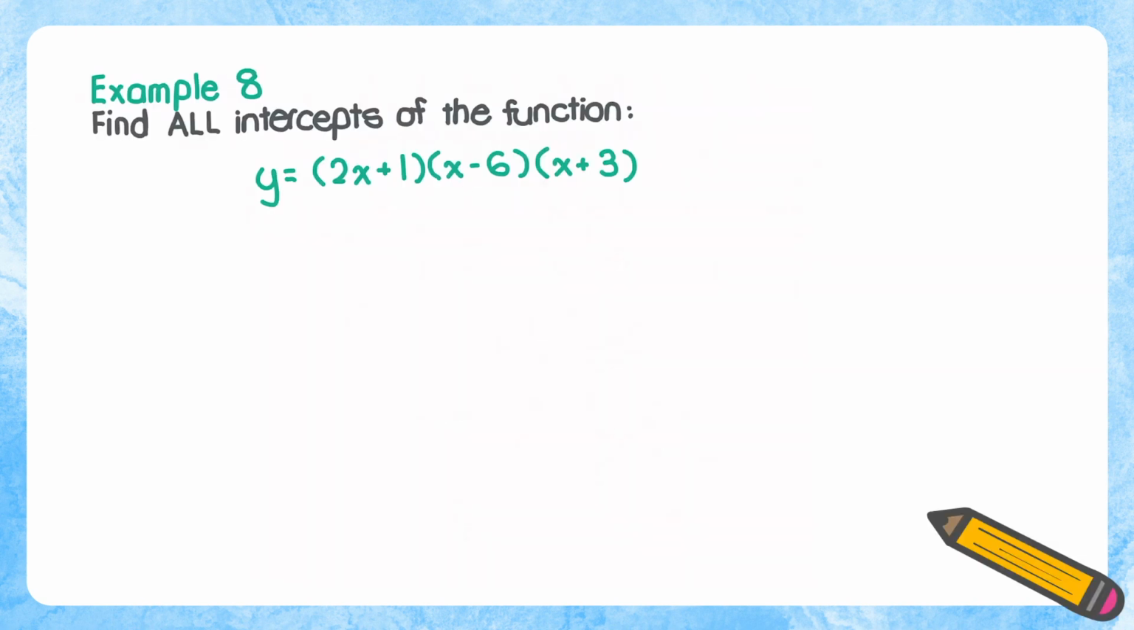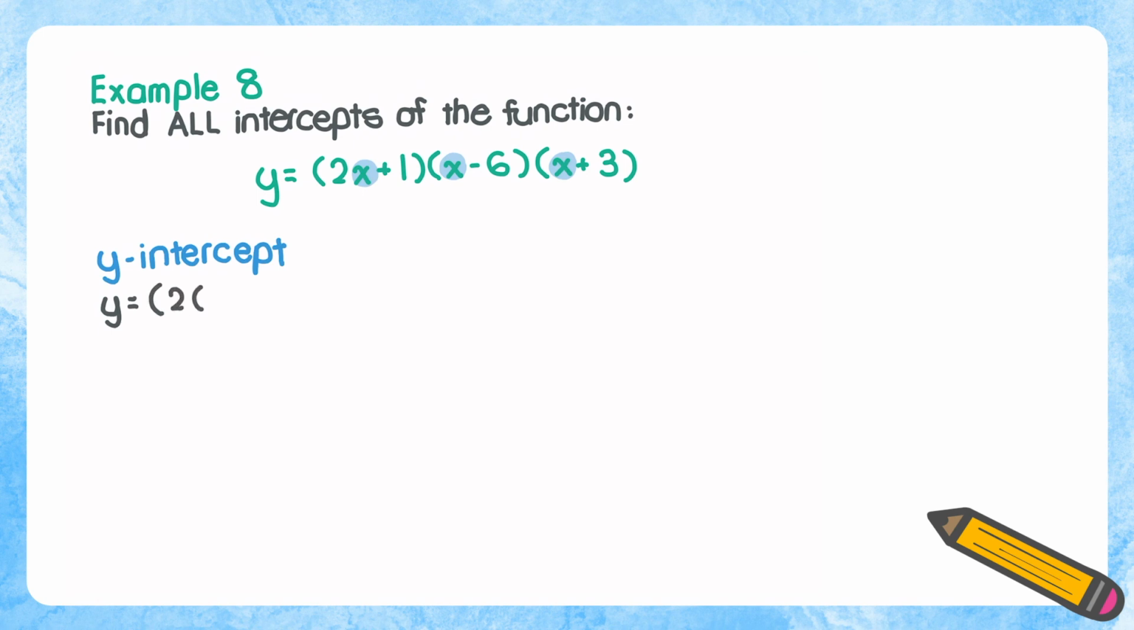Let's do one more example together. Find all intercepts of the function y equals 2x plus 1 times x minus 6 times x plus 3. To find the y-intercept, we're going to set all the x values to 0. And again, the y-intercept is where the graph of this function crosses the y-axis. So we're setting x equal to 0. So we're going to have y equals